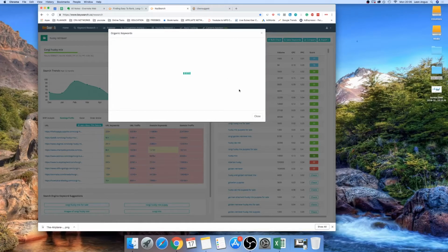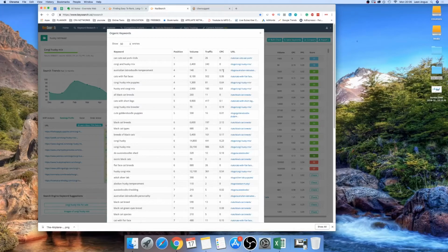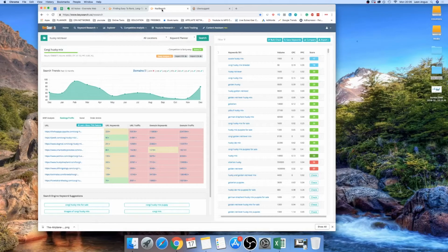So this is going to tell me everything on their site of what they're ranking for. I can see here there's cats eat pork rinds, corgi husky mix, Australian labradoodle temperament, cats with flat faces, corgi mix, husky mix puppies. So this is like 1,300. If we check a lot of these words, they're all going to be low competition. So let's just sort of duplicate this page,